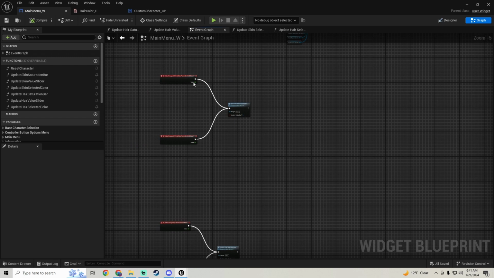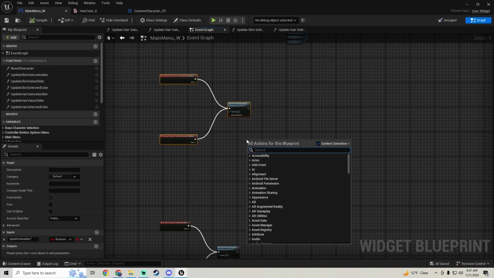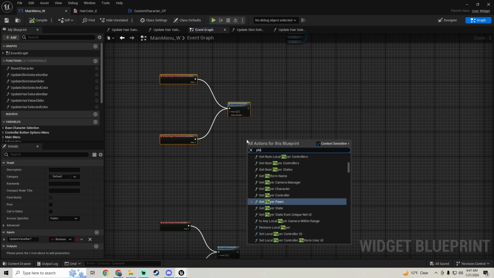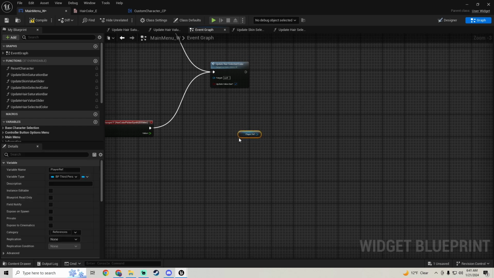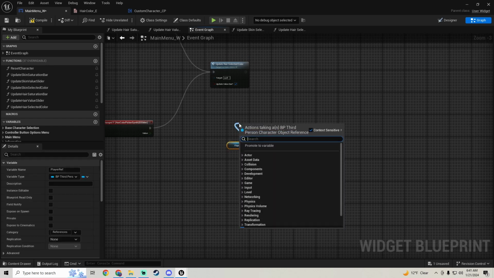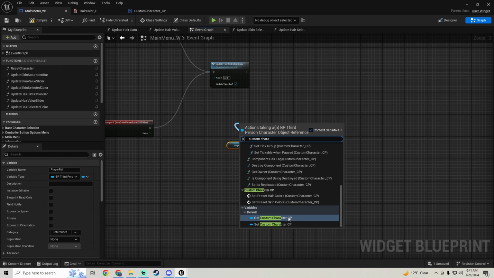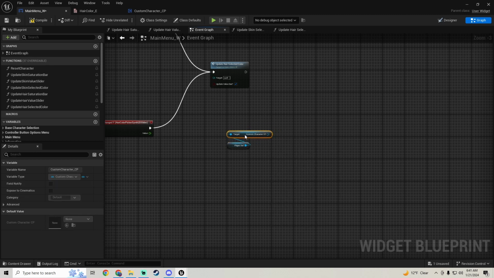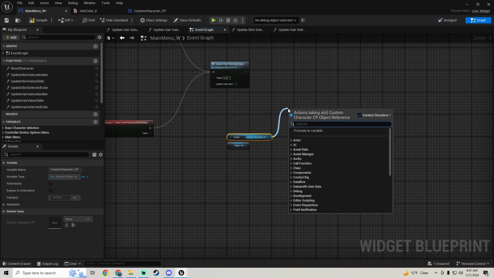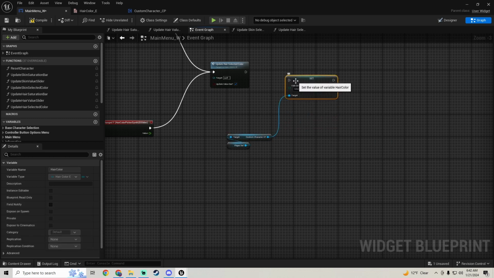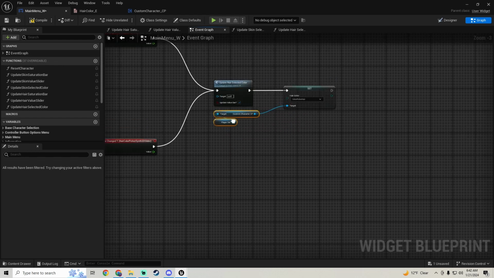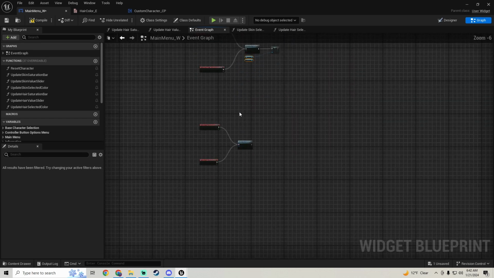and then right here where we're changing this adjust color one, we're gonna pull in our player ref, get player ref, and we're going to get our custom character component, and we're going to get our hair color enum. We're gonna set our hair color enum to be our color picker hair. And then